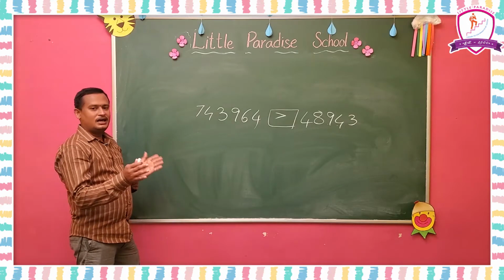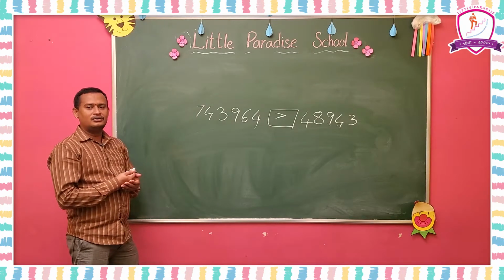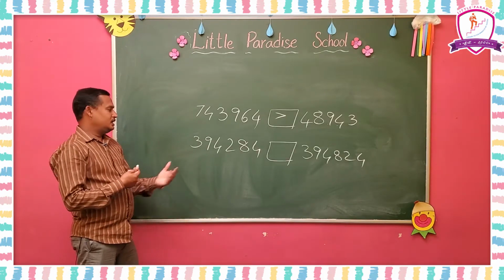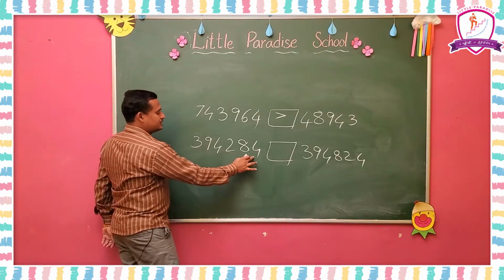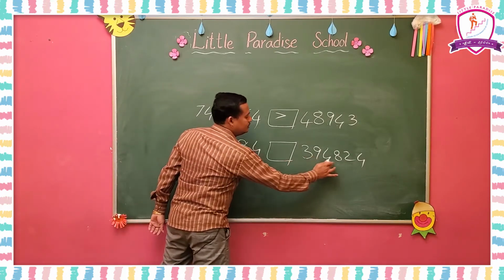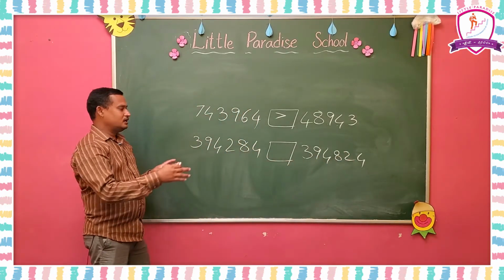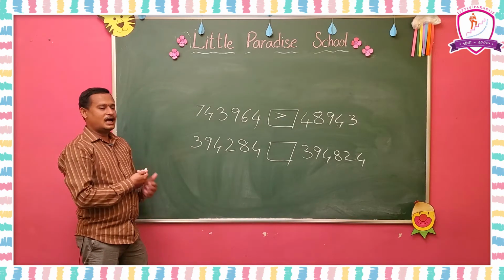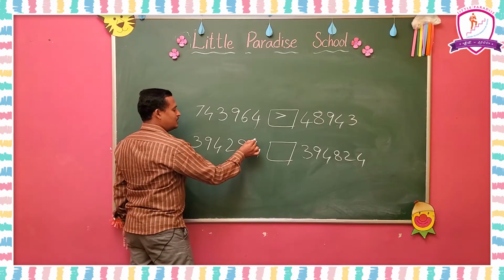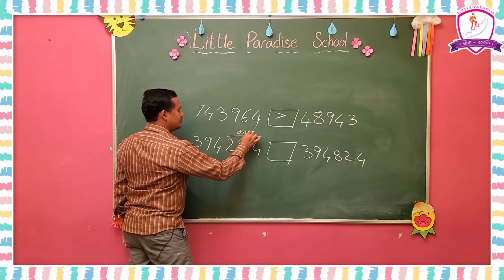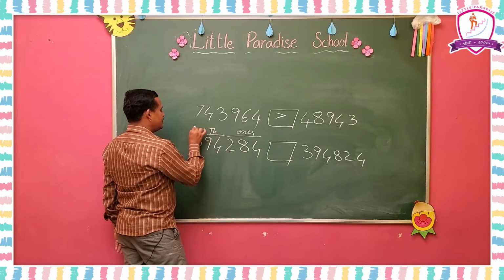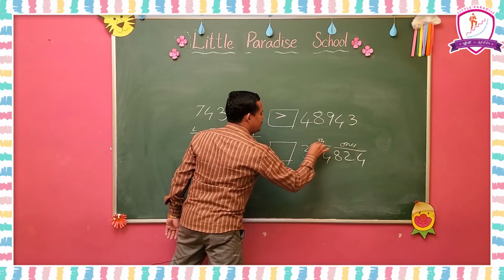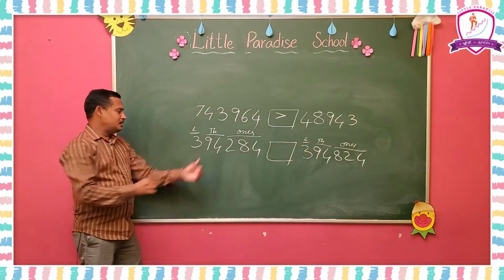If I give numbers with equal digits, how do we compare? I am going to explain now. Here I gave two numbers. Here 1, 2, 3, 4, 5, 6 digits are here, and 1, 2, 3, 4, 5, 6 digits are there. So, when equal digits of numbers are given, first we have to compare the highest place. First you have to write the periods: ones period, thousands period, lakhs period. Here also ones period, thousands period, lakhs period. Observe the lakhs period here.